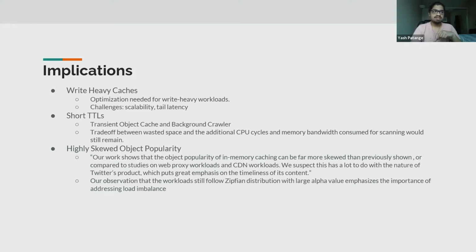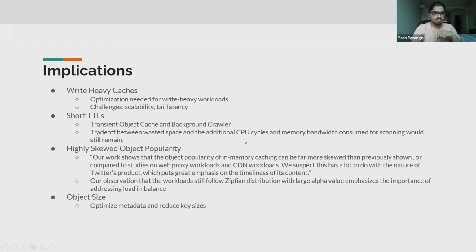Next is highly skewed object popularity. Our work shows that the object popularity of in-memory caching can be far more skewed than previously shown in studies on web proxy workloads and CDN workloads. We suspect this has a lot to do with the nature of Twitter's product, which puts great emphasis on timeliness of its content. Our observation that the workload still follows a Zipfian distribution with a large alpha value emphasizes the importance of addressing